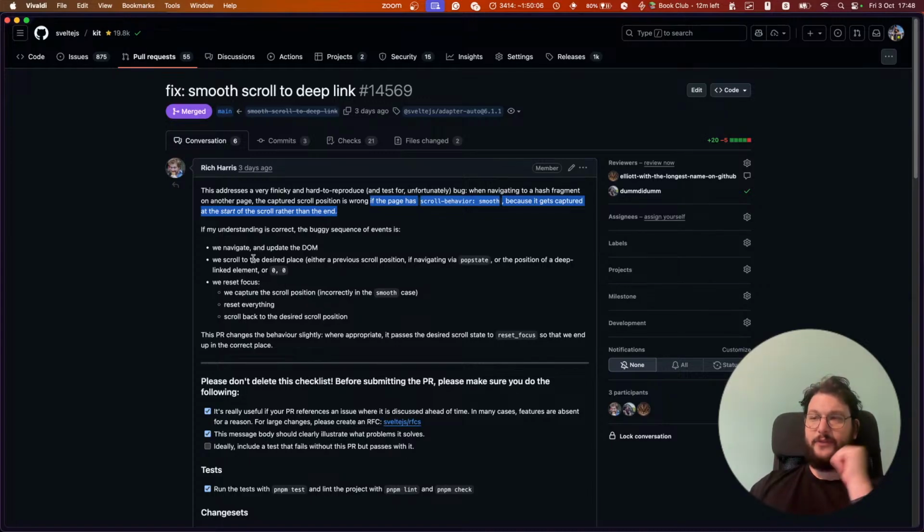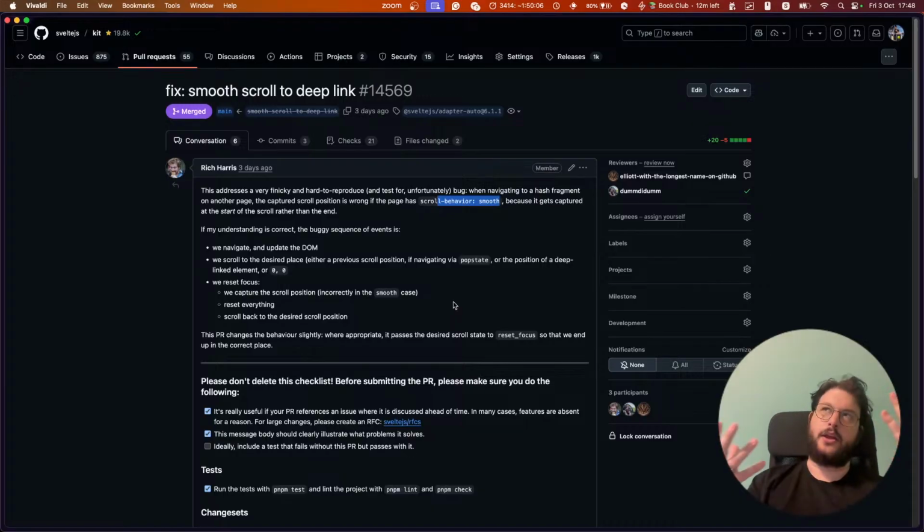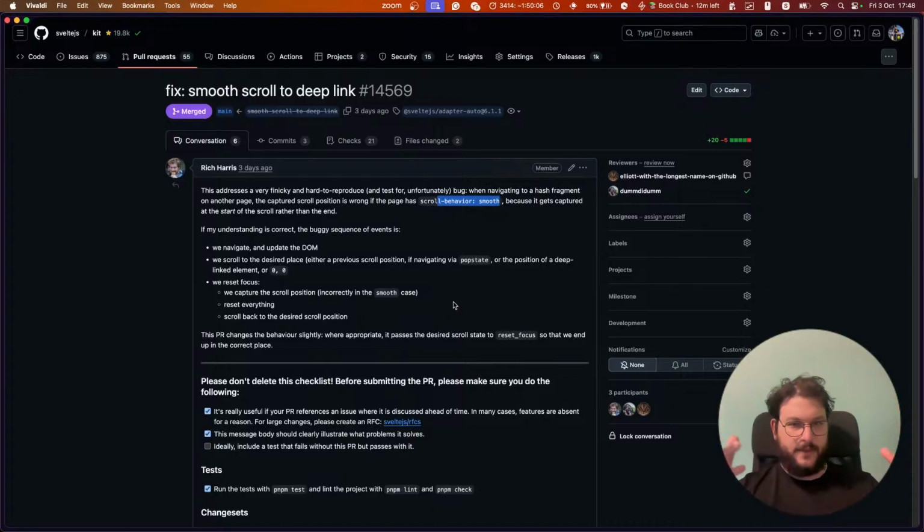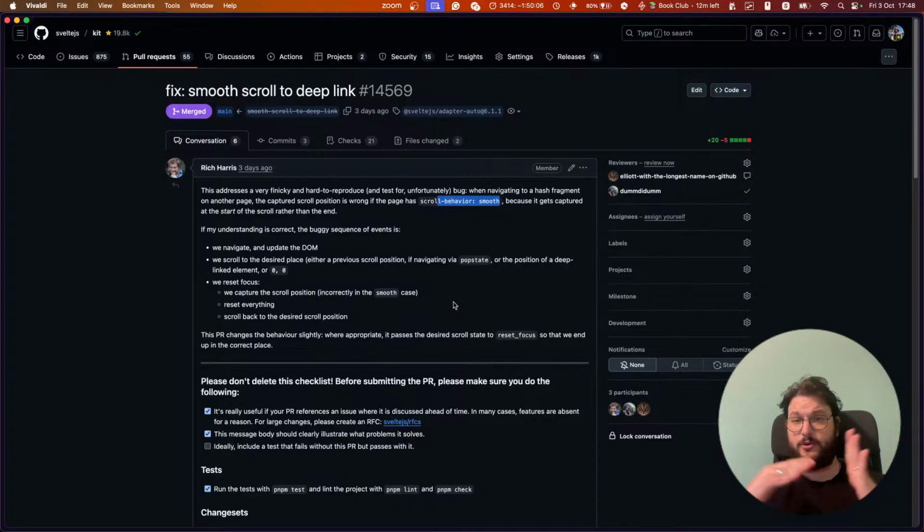So if you navigate and there is a smooth scroll behavior and you try to save the information about the scroll position, so that when you navigate normally, not client-side navigate, in an application, the browser automatically stores your scroll position, right? However,